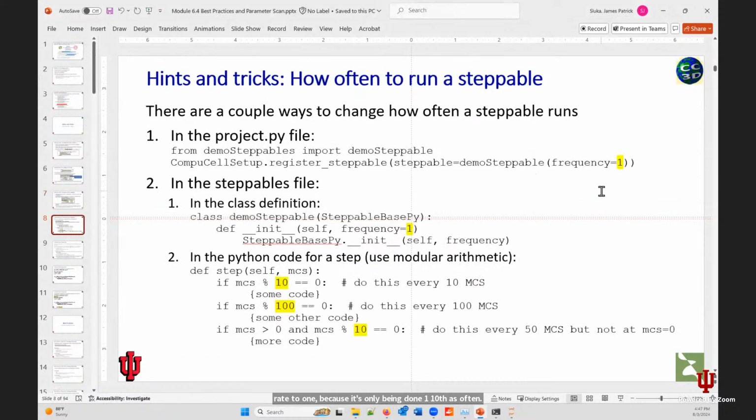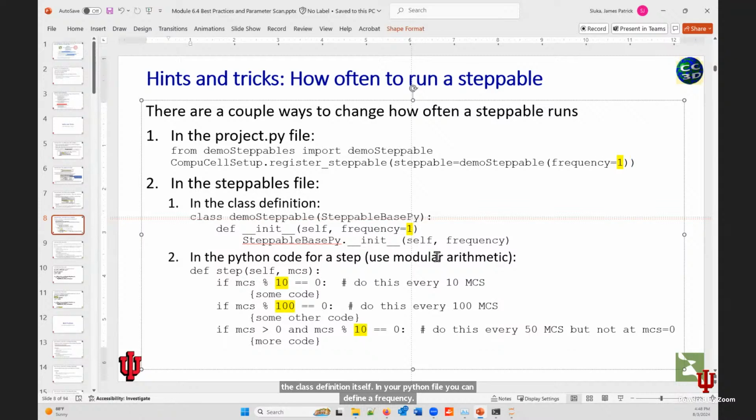You can control steppable frequencies in the project pipe file where you register your steppable. You can assign a frequency. In the class definition itself, in your Python steppables file, you can define a frequency. A more common way of doing it is just to set this to 1, and in your Python,